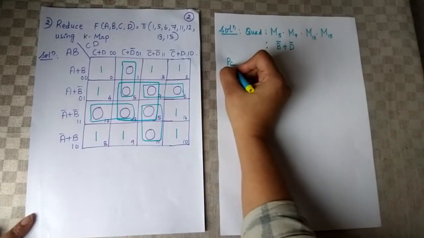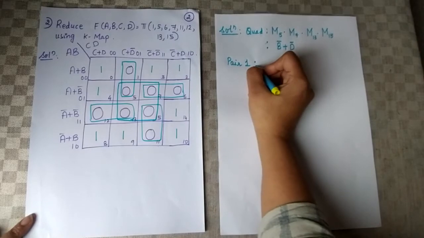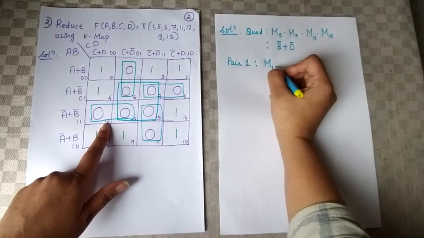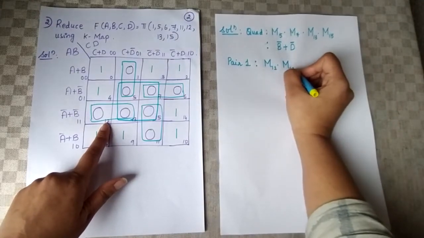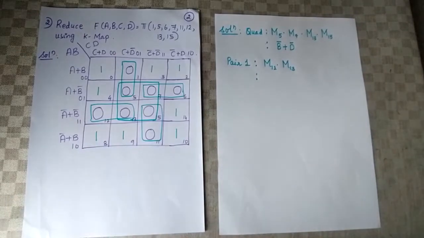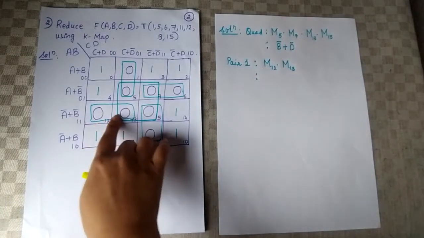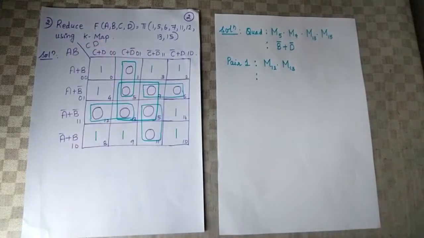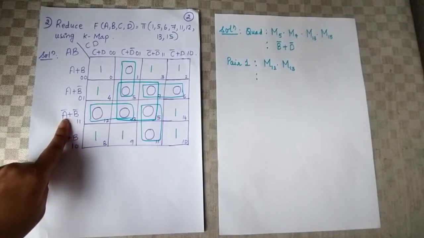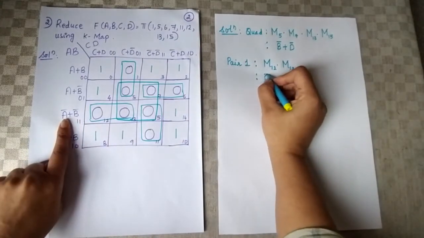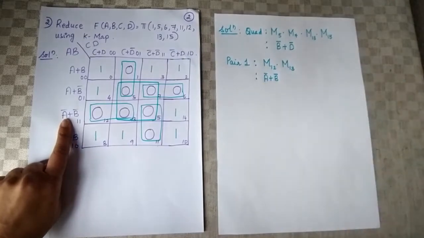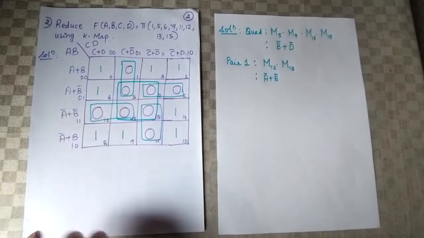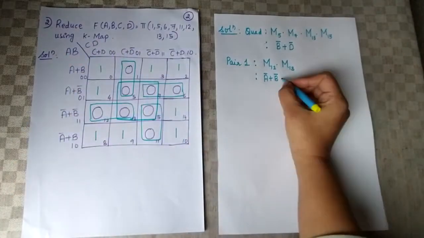Next, we'll go for pairs. So we have pair 1. So let us take here. You have M12, you have M13. Now this pair is associated with this row and these 2 columns, right? If it is associated with a single row, then I have to write that complete term because we can't find any common term there. Next, these 2 columns. What is the common term here? It is C. So say plus C.